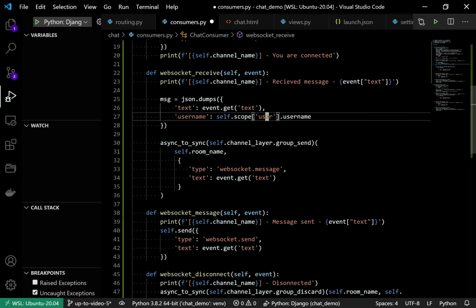So this user is the user object which is logged in, and we are using this username property to send that username into the message itself.